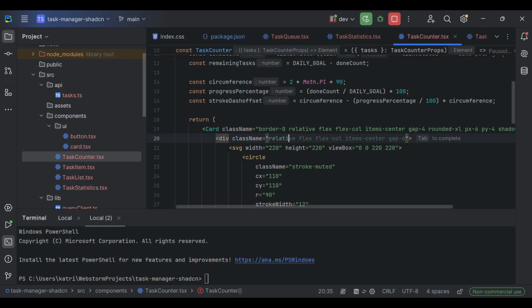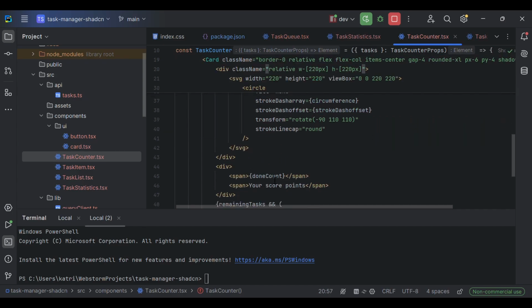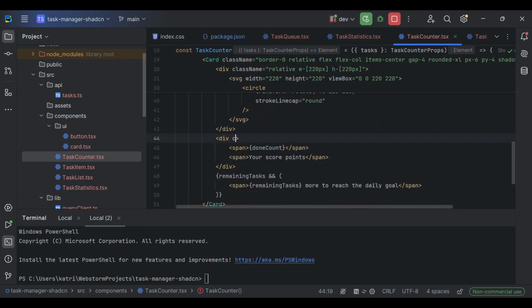relative, width 220 pixel and height 220 pixel. Now here position absolute, top 45%, left 50%,